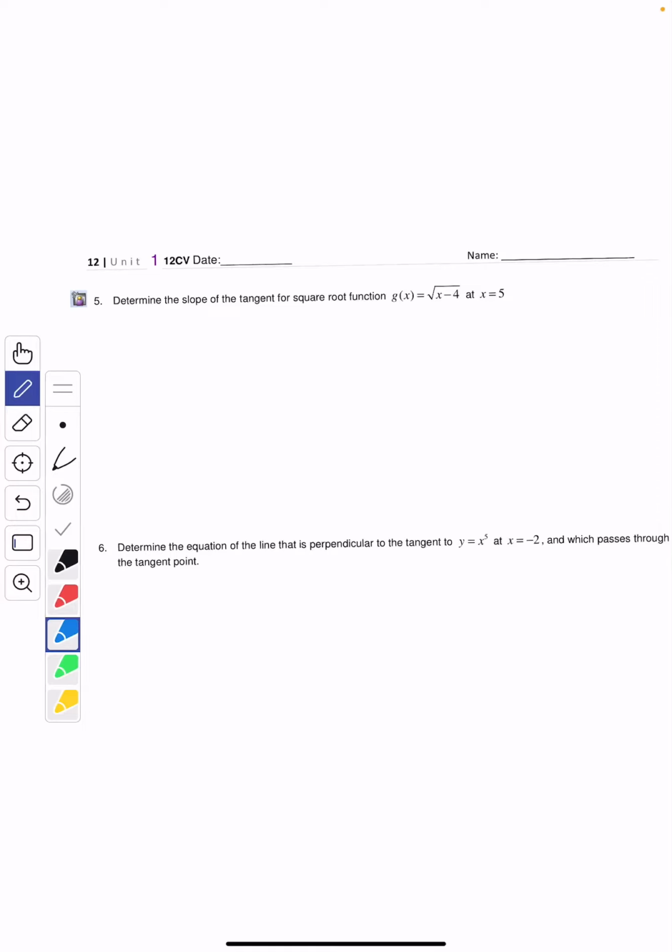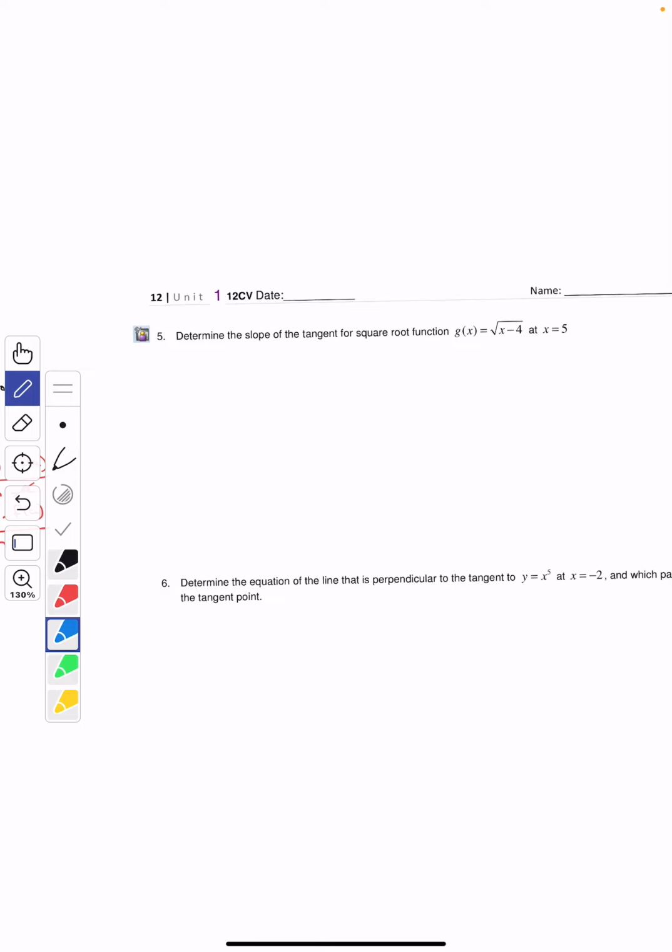Okay, so here is another example where we are looking to determine the slope of the tangent line for a square root function this time. All right, so at x equals 5, so the a value did not change. Okay, so what we have here is we are going to have to find the slope of the tangent line, or the IROC, as the limit of h approaches 0 of f at 5 plus